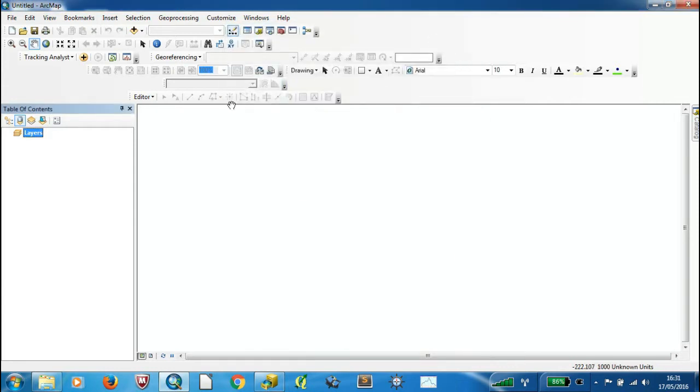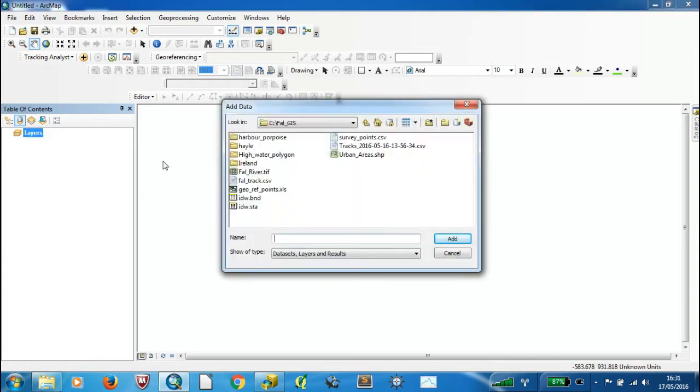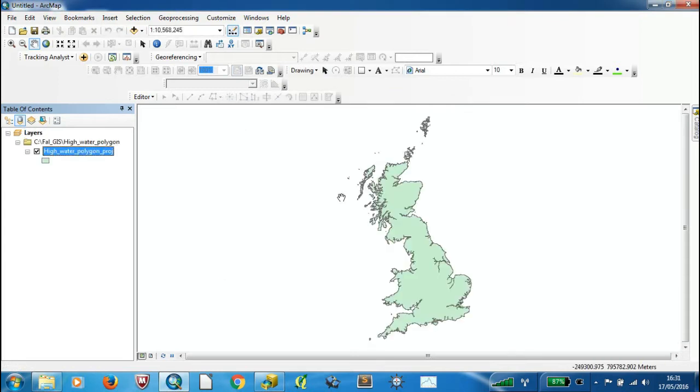We talked about this last year, or we talked about this before. Don't worry about doing that for this project yet, because one of your layers that you add will set your project, your coordinate system. So first of all, go to Add Data, and the high water polygon folder that you've got, and add the high water polygon, which is the shapefile, and this will give you a file of the UK. Next, you need to zoom in on the Falmouth area